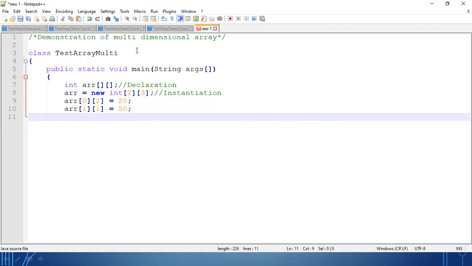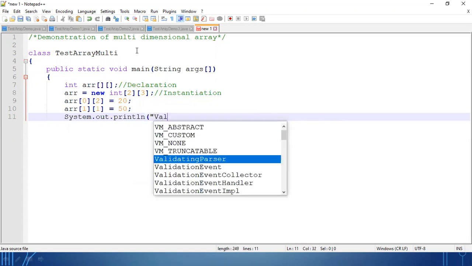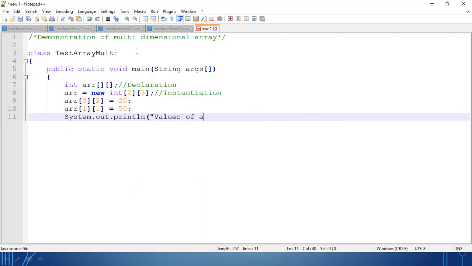so let's print the values. System dot out dot println, values of array are.